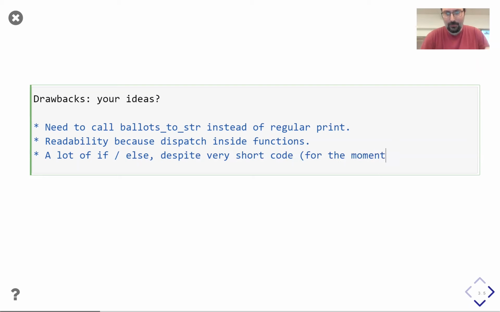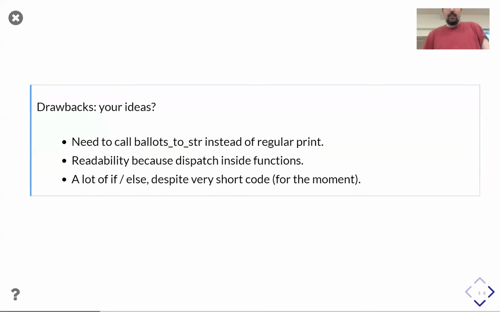Yeah, I totally agree with Maxime, and in fact, the more you are going to write in this project, the worse it's going to be. You will have if and then everywhere, and it will just be a mess. Other ideas? Okay, so essentially, I agree with what we said.